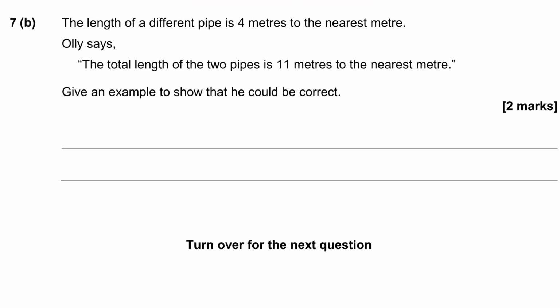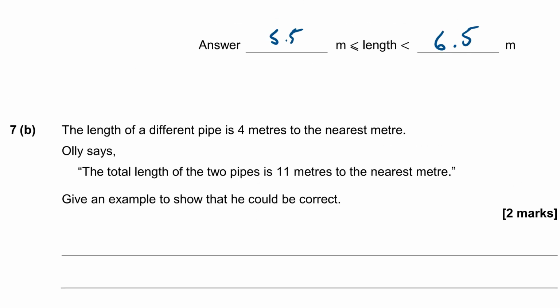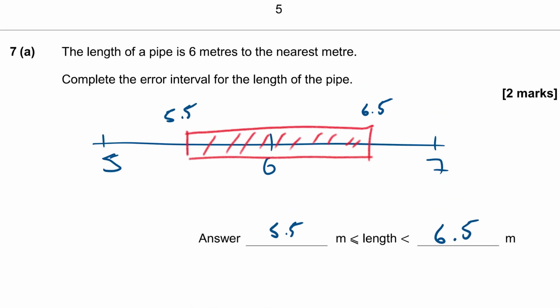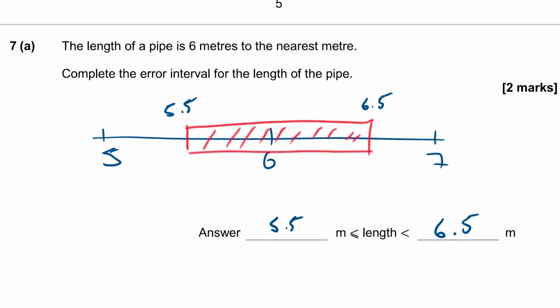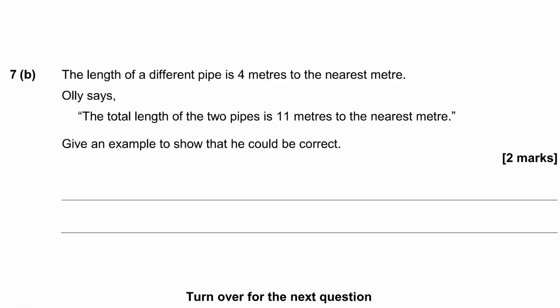Question 7b says the length of a different pipe is 4 meters to the nearest meter. Ollie says the total length of the two pipes is 11 meters to the nearest meter. Give an example to show how he could be correct. Well, we know that the first pipe is between 5.5 and 6.5. So let's say